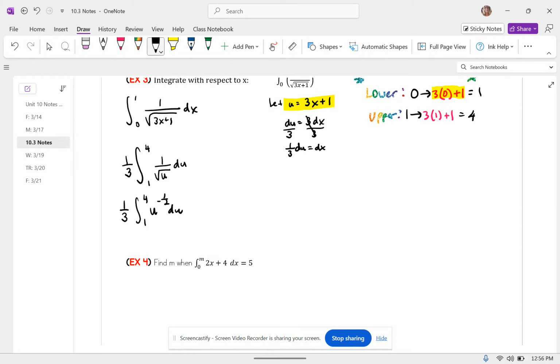I'd say the more methodical you can work, the better. Try not to work quick or do shortcuts like that. When you do those with these, you're gonna mess up, right? So now I have u to the